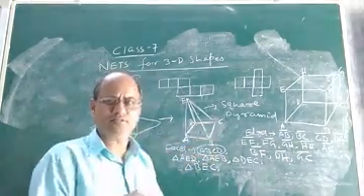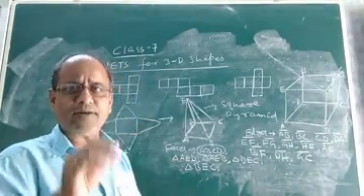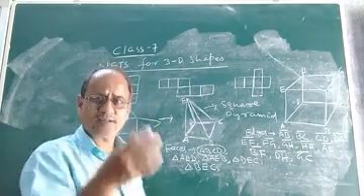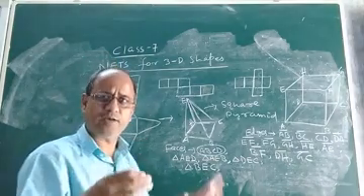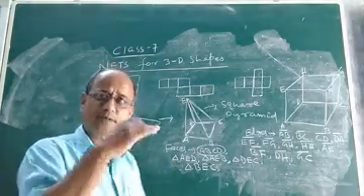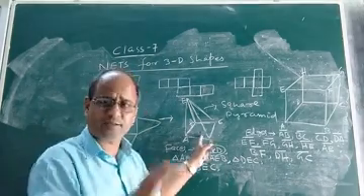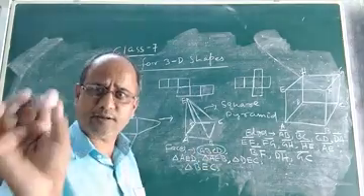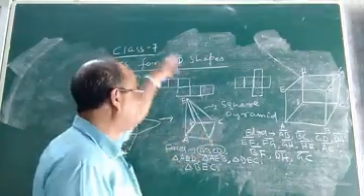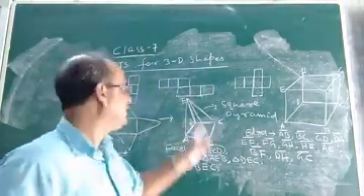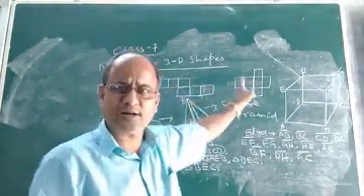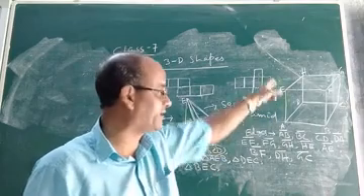Children, more about pyramid and prism will be discussed in class 8. There is a special chapter in class 8 where you will find the discussion of pyramid and prism in detail. But here I discussed everything about pyramid. I have tried my level best to give you the concept of pyramid. So children, this is what the net of a solid is. Here I have taken 3 nets of the cube. You can find other nets also of the same cube.